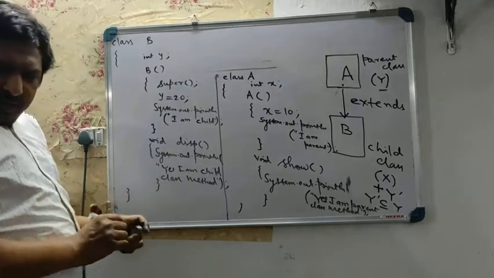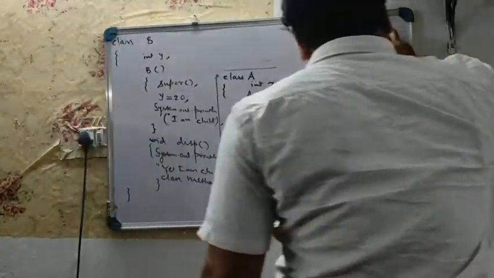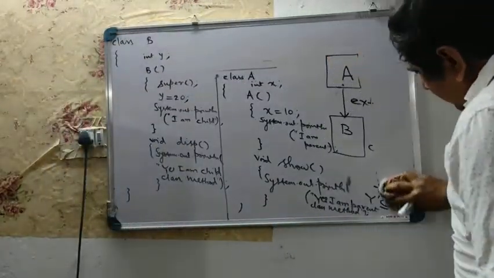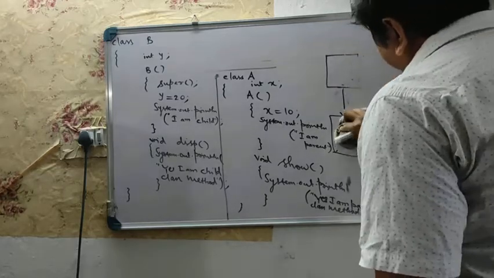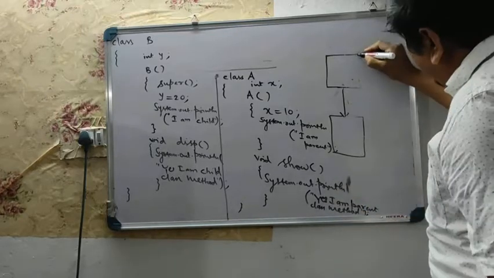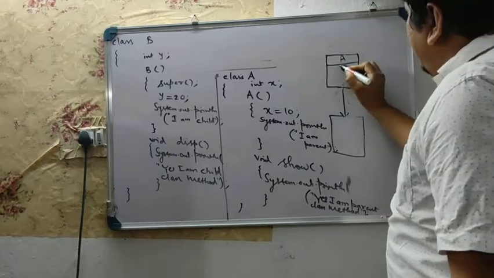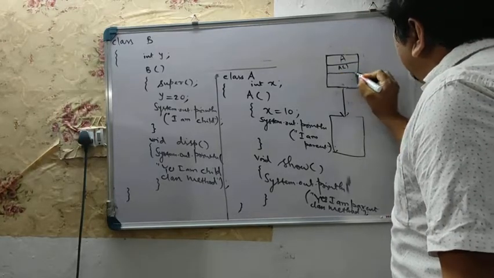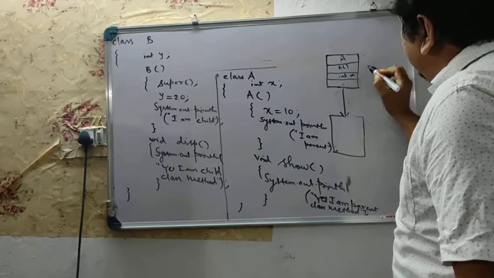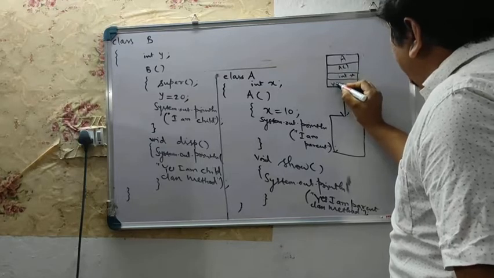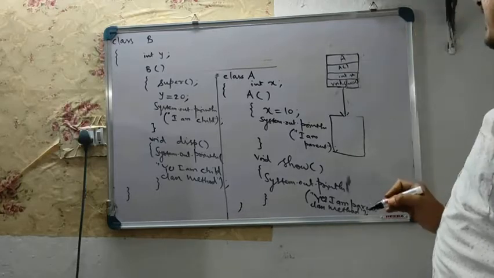So see what actually happened. Let us try to understand our program. What I have done, let's see here. Let's define this part as per our program. So I have defined a class. The name of the class is A, and then I have defined a constructor, and then I have defined a variable int x, and then we have defined a method void show. This is all about parent class A.